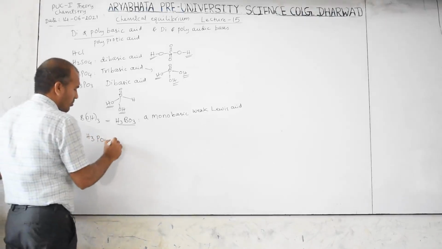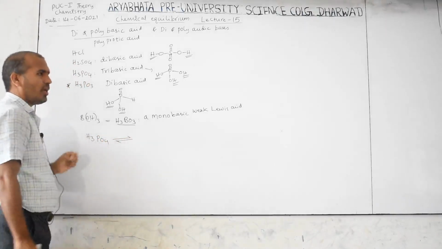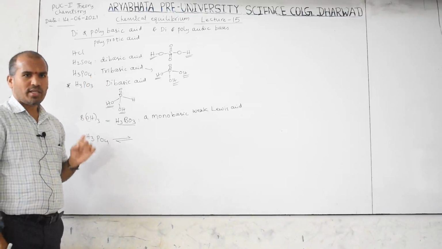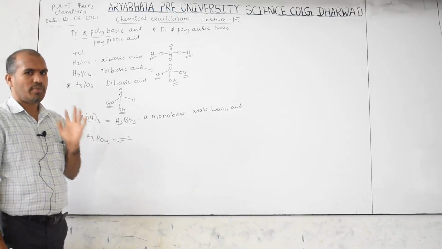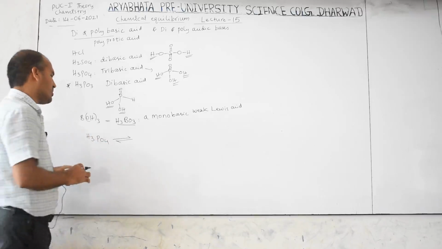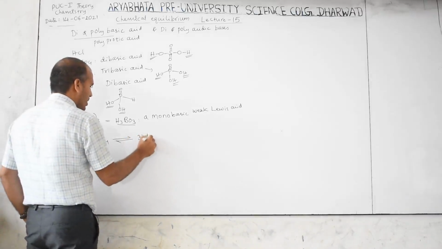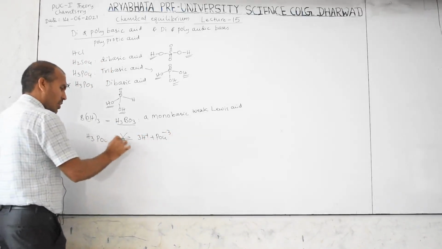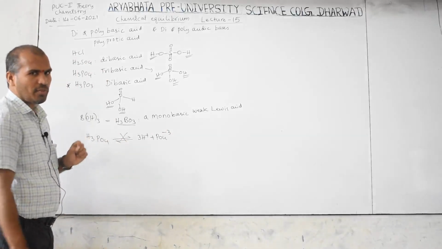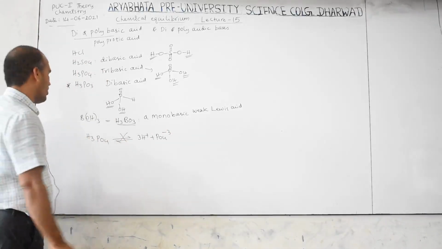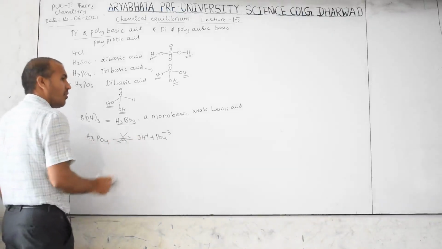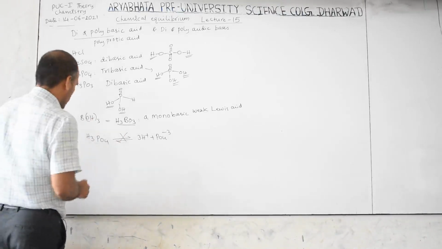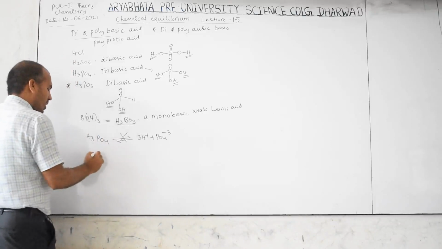Now I want to take one example here, H3PO4. Keep in mind, in di or polybasic acid, in each step only one hydrogen will be separated. Don't think all hydrogens leave together. A representation like 3H plus and PO4 3 minus is a wrong representation, because in di or polybasic acid one hydrogen is lost in each step. So don't write it directly when you calculate the H plus ion concentration, pH or any other ion concentration with respect to this equation.